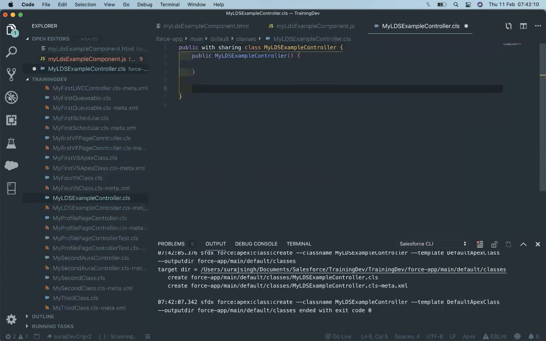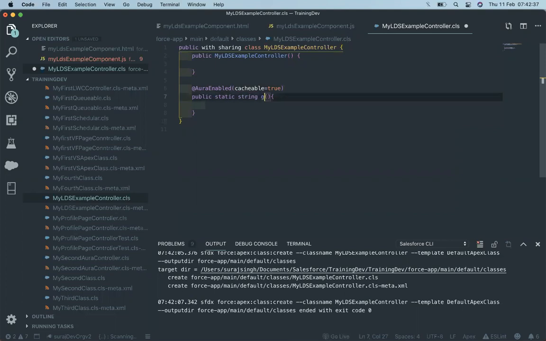Now let's create a method. Just like I told you yesterday, whenever we create any method that is used inside the LWC component, we need to create an AuraEnabled method, and that method must be public static, and cacheable true.